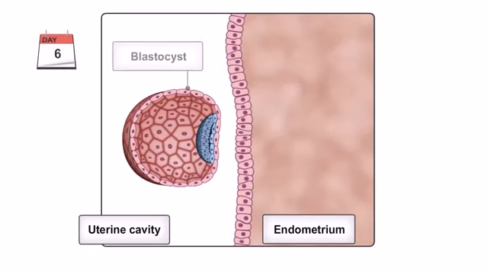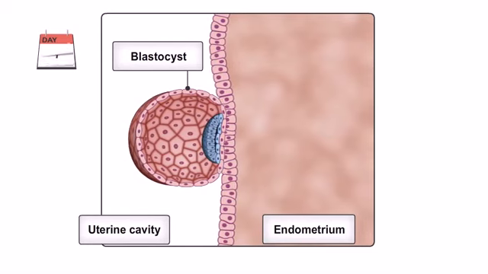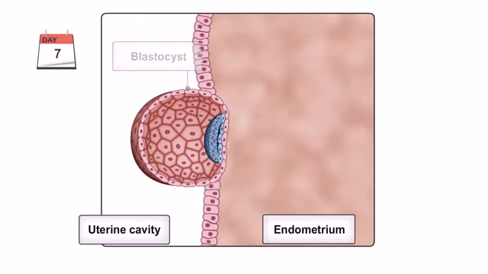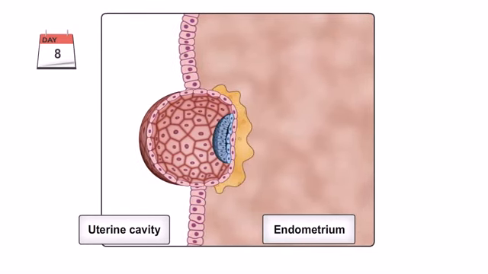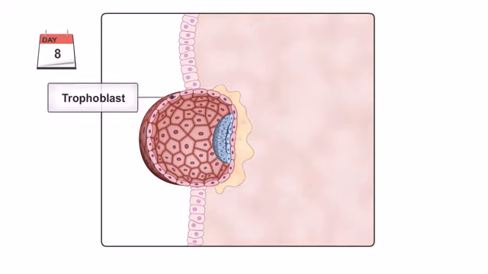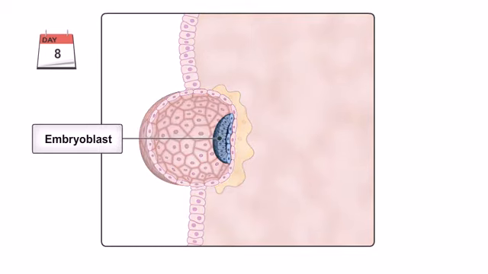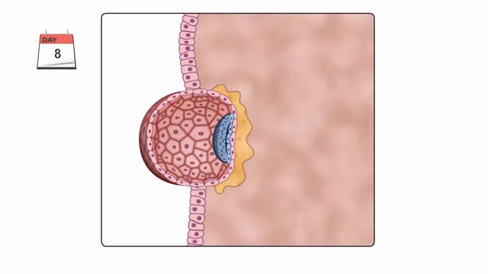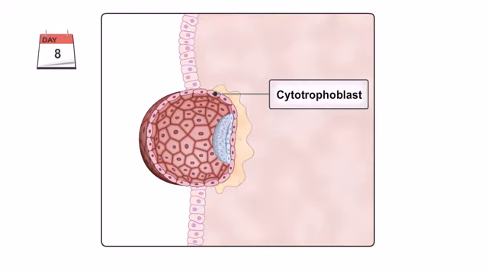Implantation of the blastocyst usually occurs 6 to 8 days after fertilization. By the end of day 8, the blastocyst has burrowed into the endometrium of the uterus. At this time, it is composed of two main components: the outer cell mass, the trophoblast, and the inner cell mass, the embryoblast. As the trophoblast makes contact with the endometrium, it differentiates into two layers: an inner cytotrophoblast and